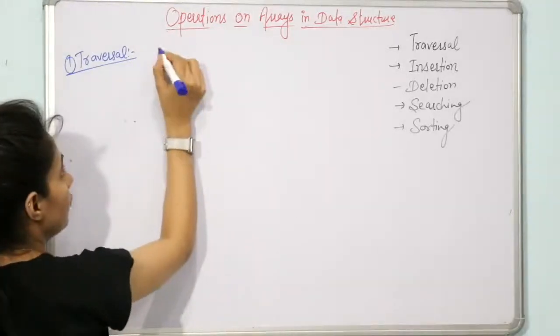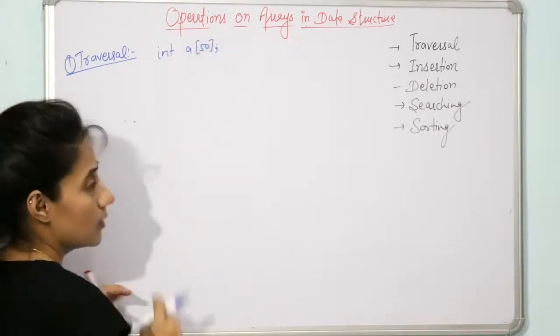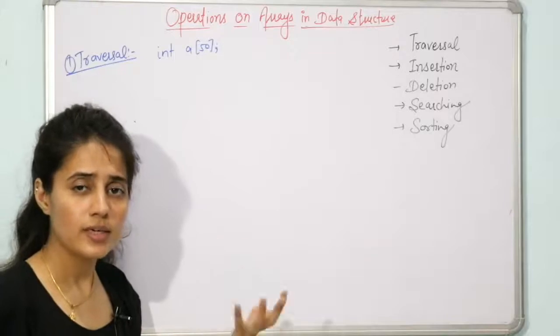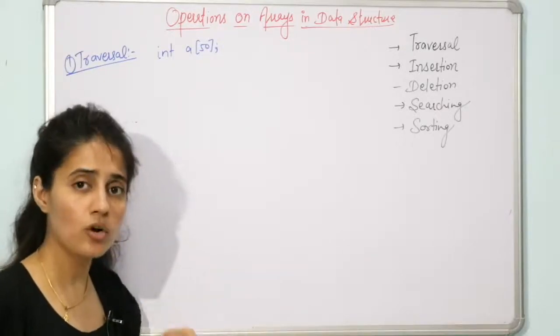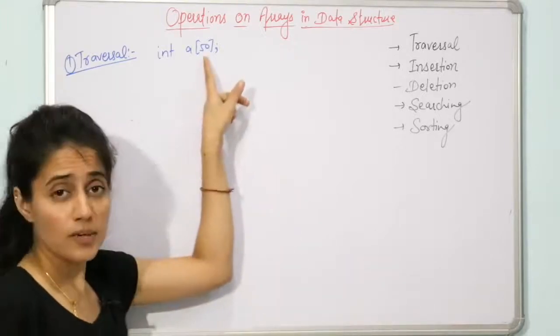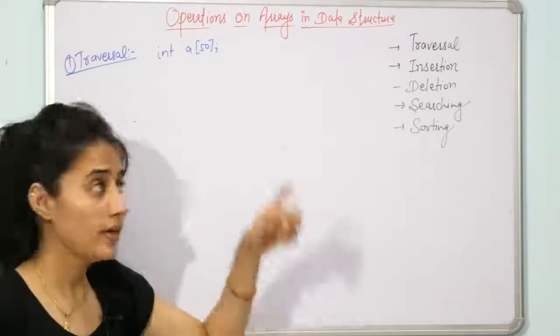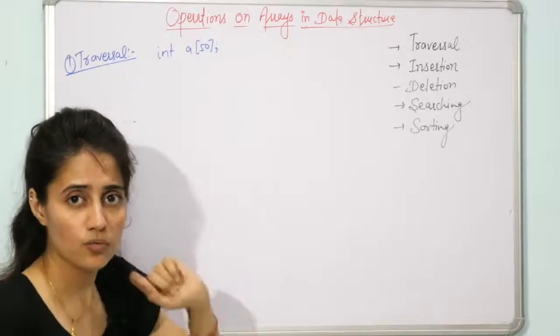Now I am going to declare an array of size 50. Actually when you are using the array, you can store only 10 integers if you want. It's up to you, less than 50, but you cannot store more than 50. Why are we taking this 50? Because it is fixed size. Once you declare the size of array at compile time, you cannot change it at runtime. Fine, that is a drawback of the array.